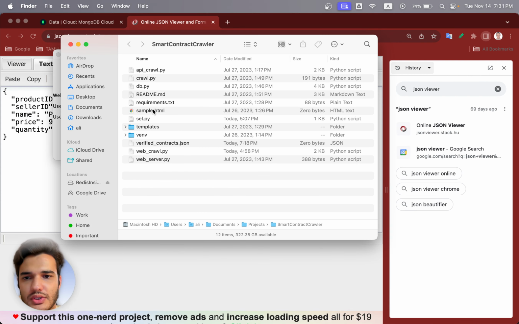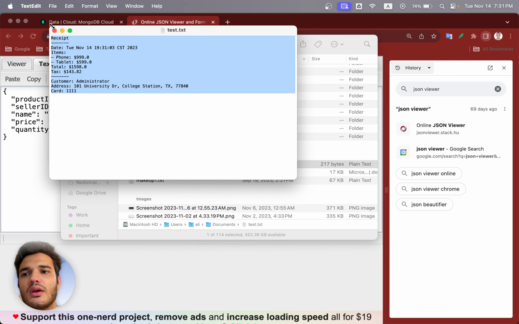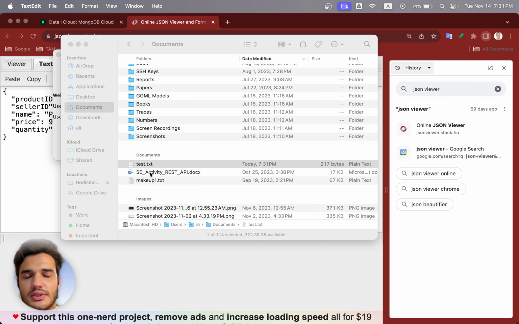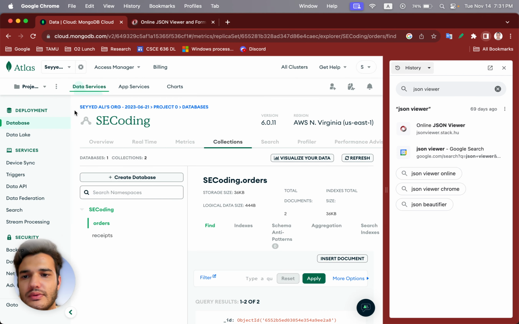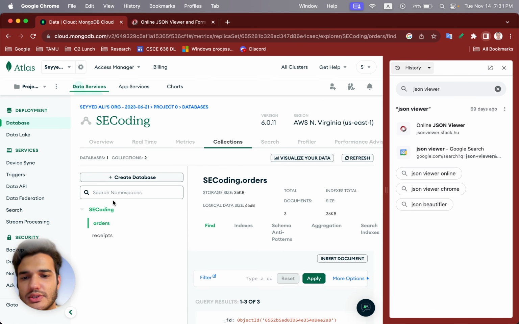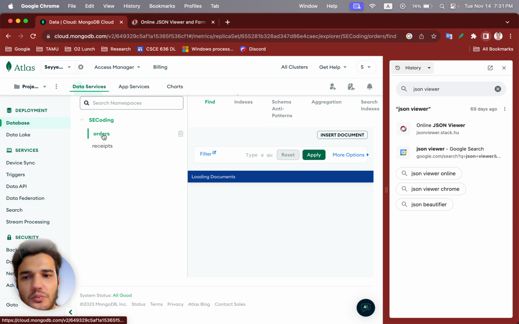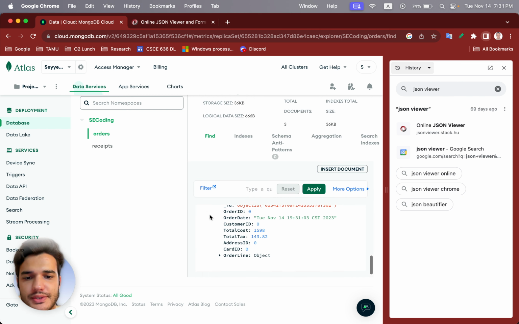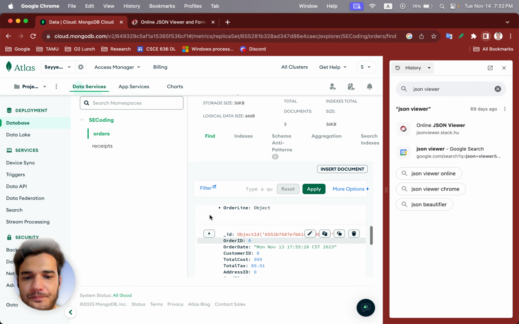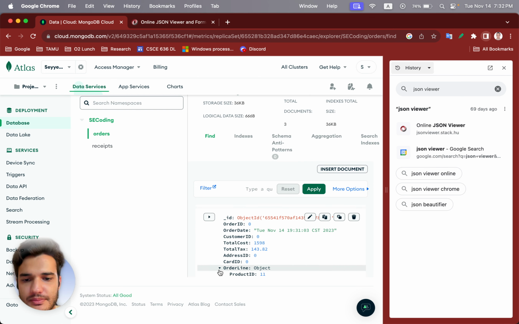And we can also check it locally. So I can print the receipt, which in this case is a file, and if we go to the database and I refresh the data, this is our MongoDB database. We can see there are two collections here, orders and receipts. For orders, you can see the last order is